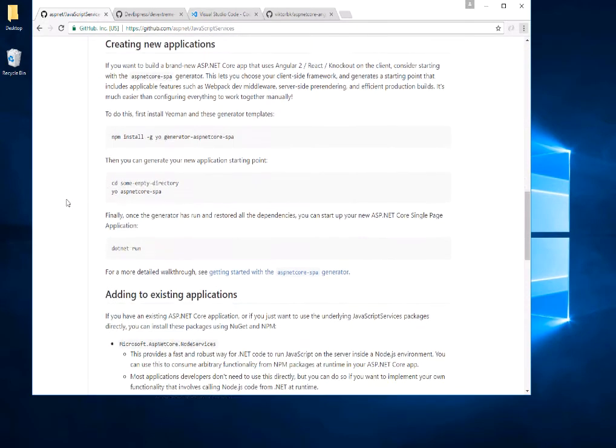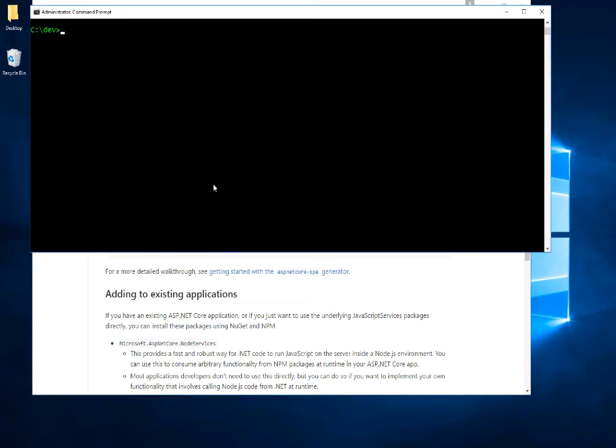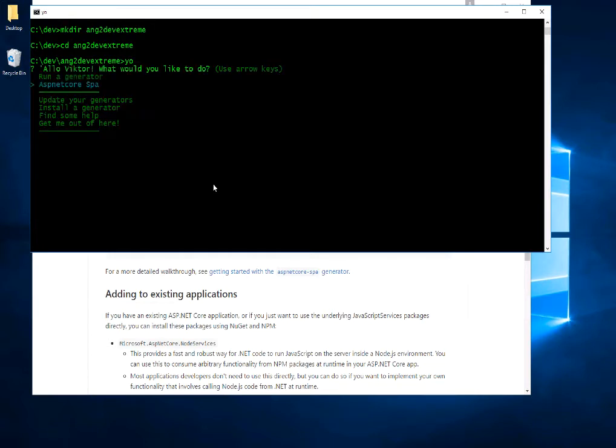We will just follow the instructions of how to create a new application by installing Yeoman and then going into an empty directory and running the Yeoman ASP.NET Core SPA. I will start up the command prompt and make directory Angular2 DevExtreme. I'll go into that directory, and then if we start the Yeoman like this, we will get up the